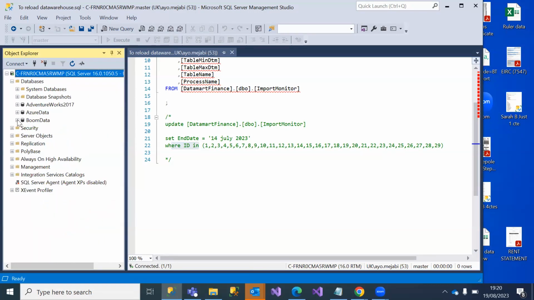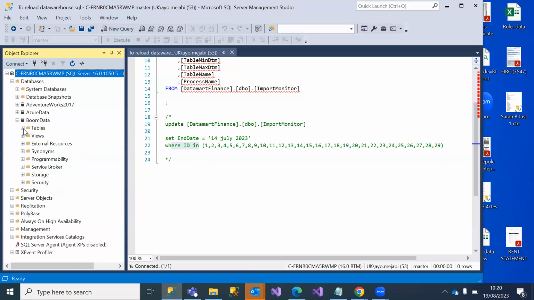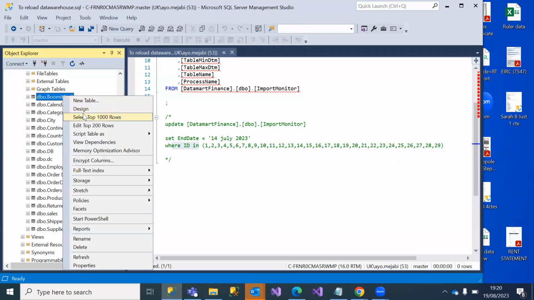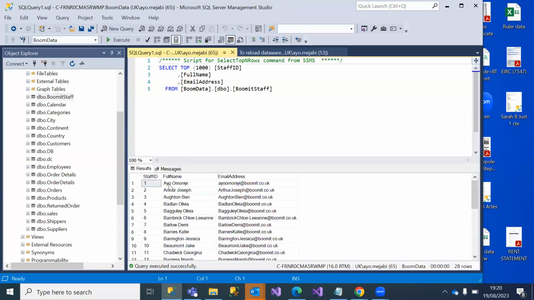Okay. I'm going to do that now, don't worry. So look at this now. I've got 2 other details here. Let me mess about with this one. Let me do employees, or let me do the BoomIT staff table. See, staff ID number 1 is Ayo Omoni.